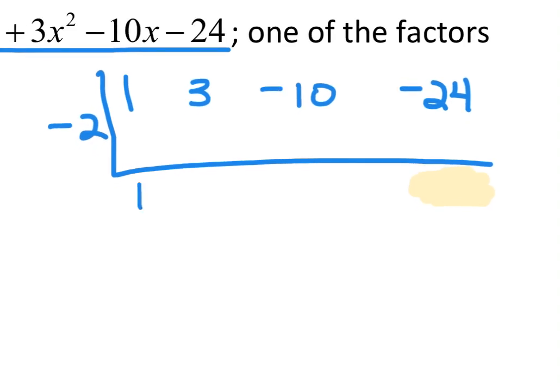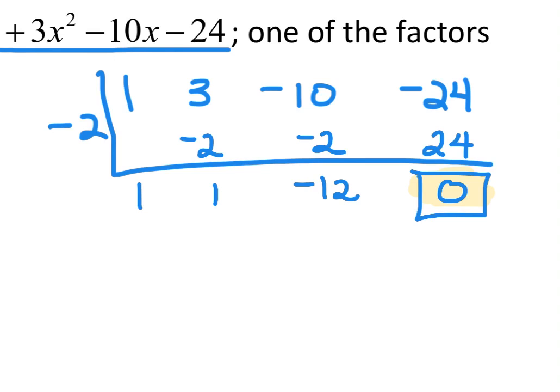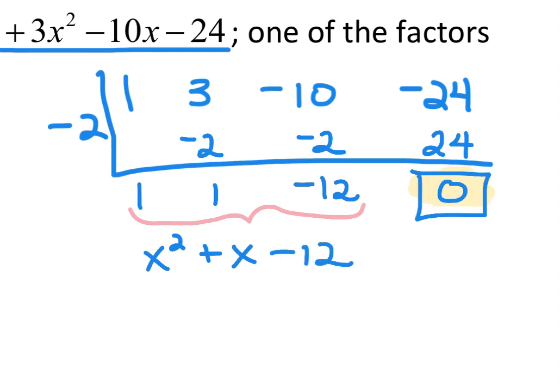Bring down the 1. 1 times negative 2 is negative 2. Add 3 plus negative 2 is 1. 1 times negative 2 is negative 2. Negative 10 plus negative 2 is negative 12. Negative 12 times negative 2 is positive 24. We get 0 as the remainder, like we knew we would. And then this polynomial that's your quotient, x squared plus 1x minus 12, is what you're going to factor,